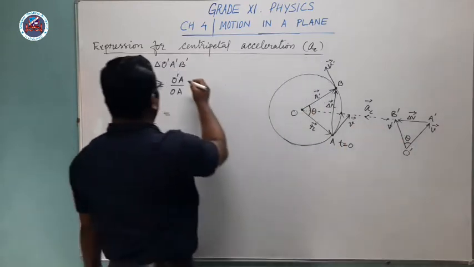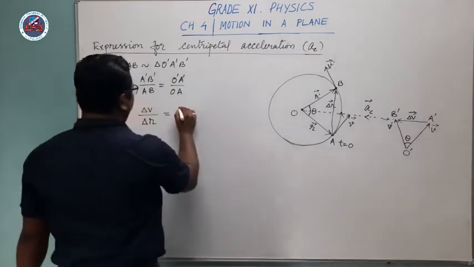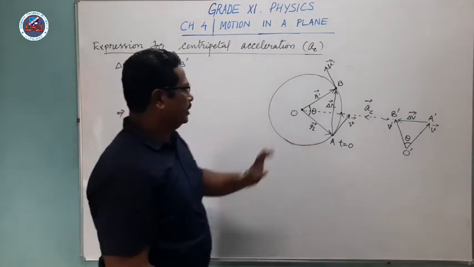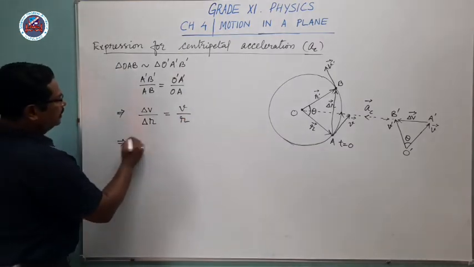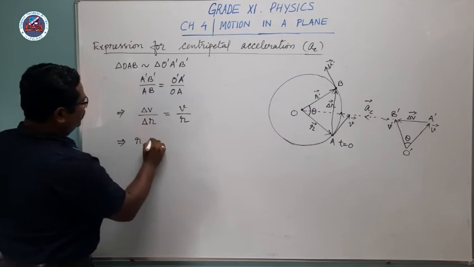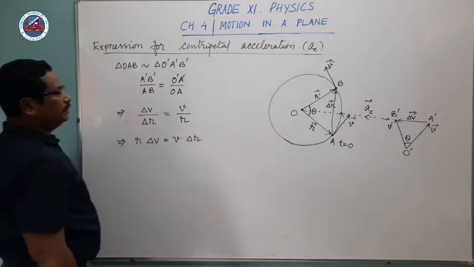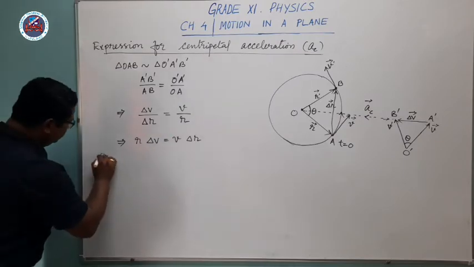Sorry, A dash O dash it should be. A dash O dash is equal to V divided by OA. OA I am writing in scalar form, this is R. So if you cross multiply, it will be like this, R delta V is equal to V delta R. So if you divide it with respect to time, dividing